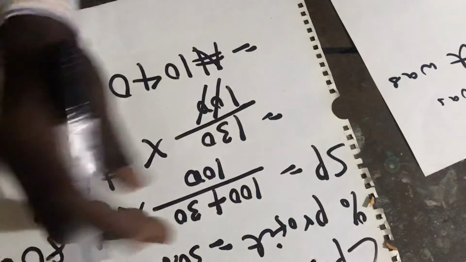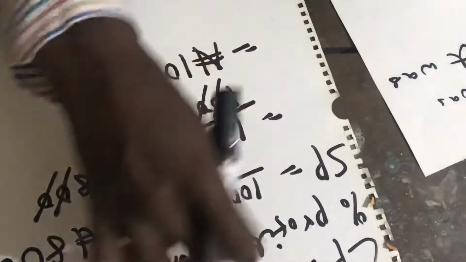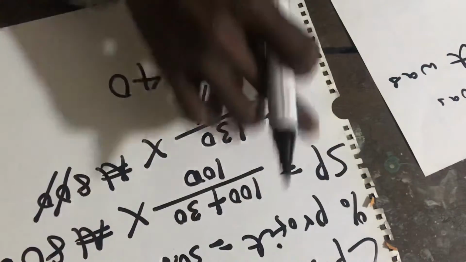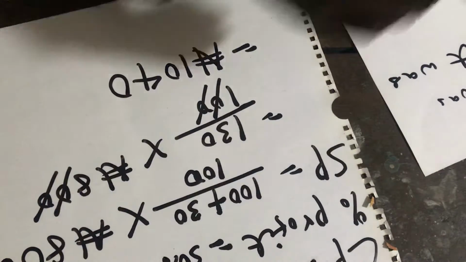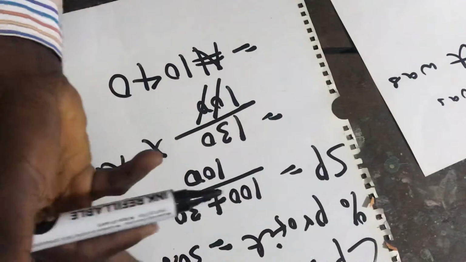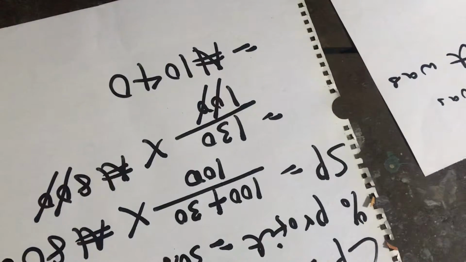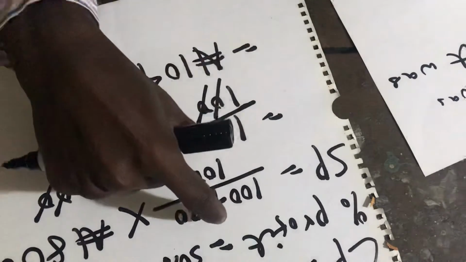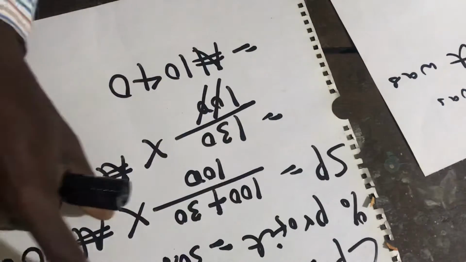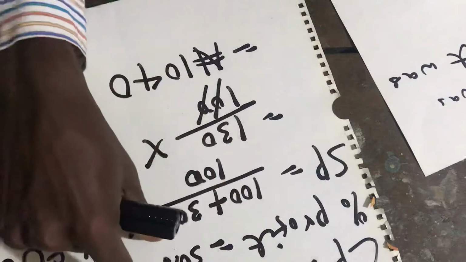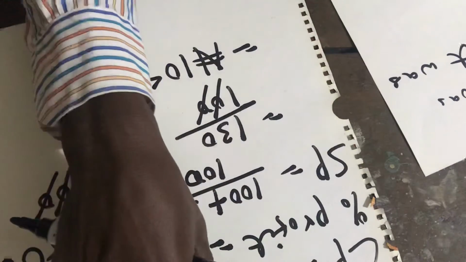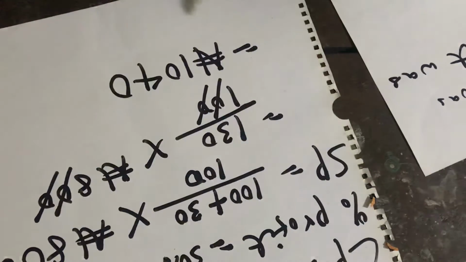But it's better to go straight to the formula so that you don't forget to add your profit to the cost price. Especially for children, it's better to go straight to this formula than asking them to find what exactly the profit is first and then adding it to the cost price,